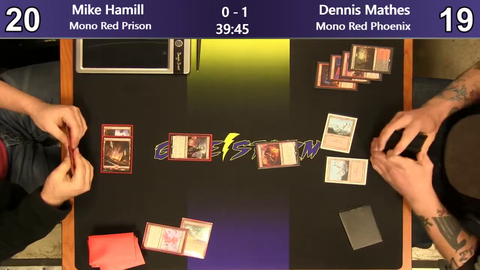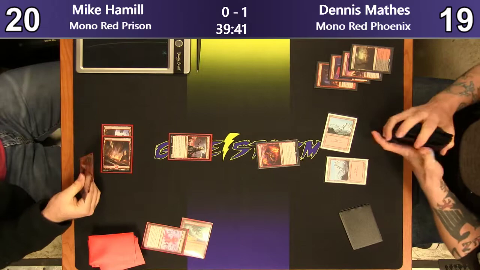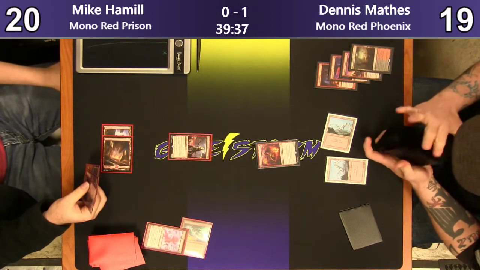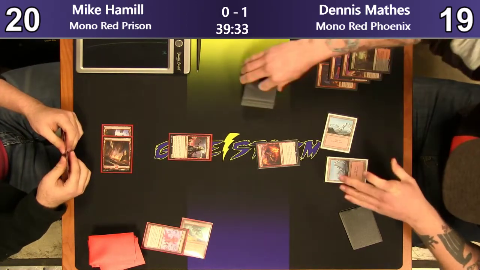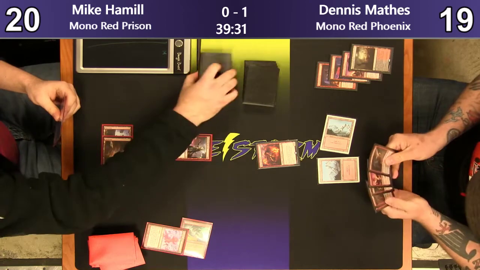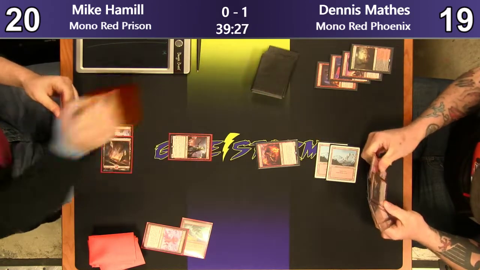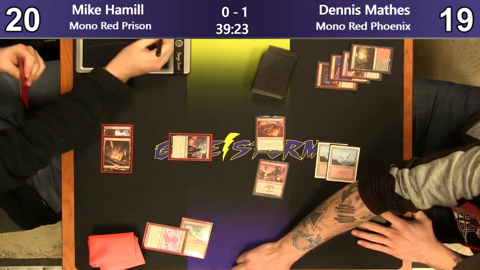Dennis fetching down to 19. Fetches are basically just a free roll in this matchup. Right. I don't think the 1 point of damage is ever going to be relevant in a matchup like this. You're not really racing against the prison deck. Right. What's the card on the right in Dennis's hand? It's Lava Spike. Oh, okay. All right, so